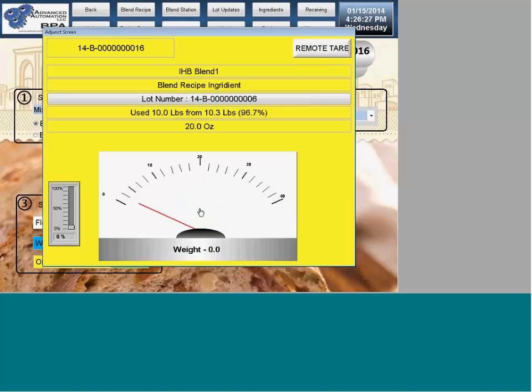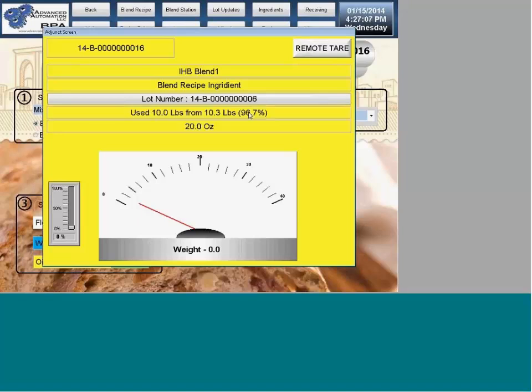Now, if you look at the banner here, going back to what we had discussed, this IHB blend is an ingredient that was manufactured in the plant, meaning we don't purchase IHB blend one, you produce it in the plant. It could be multiple different types of ingredients. We have another scale that goes along with the same system where you do your custom blend. But we handle that custom internal ingredient just as if it was a warehouse product. So if it came in, it's the same thing. But we assign the lot number internally,